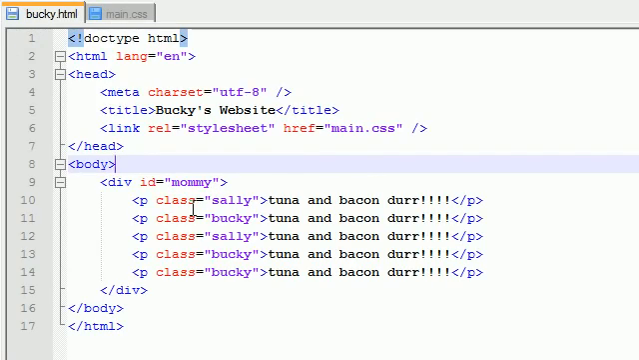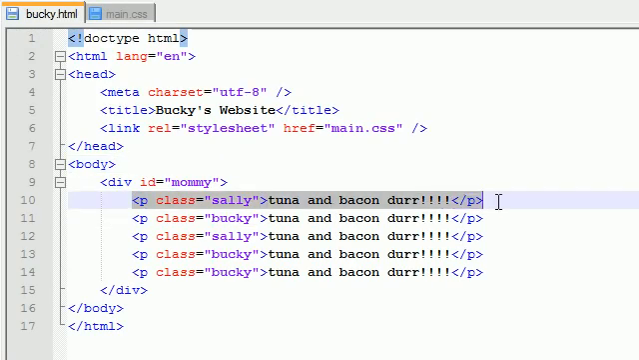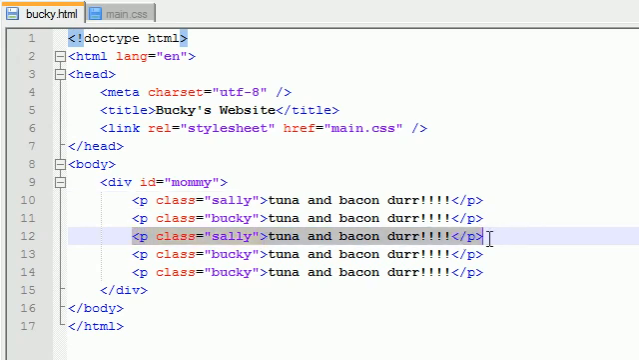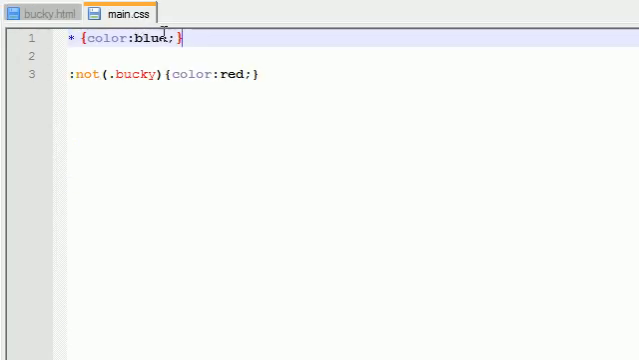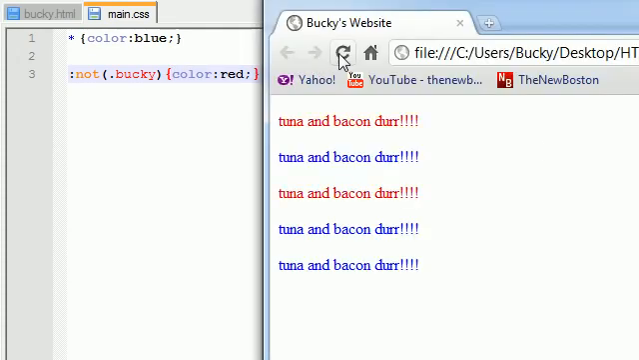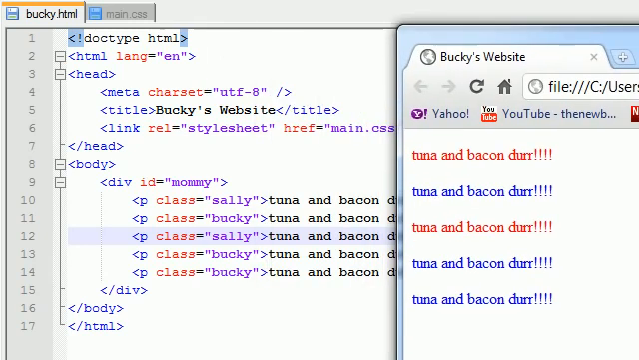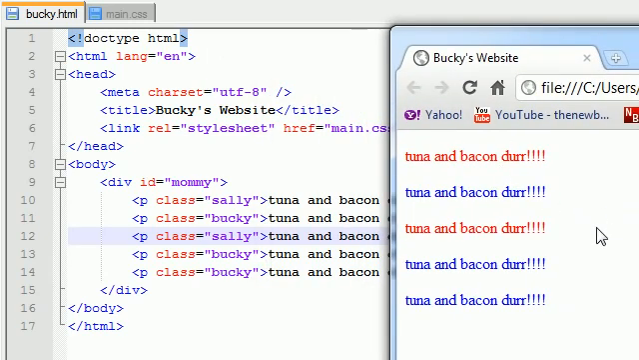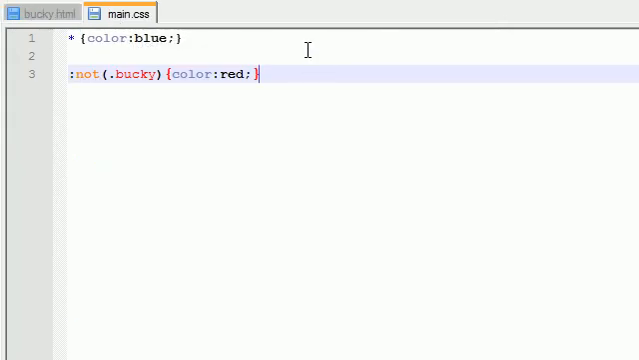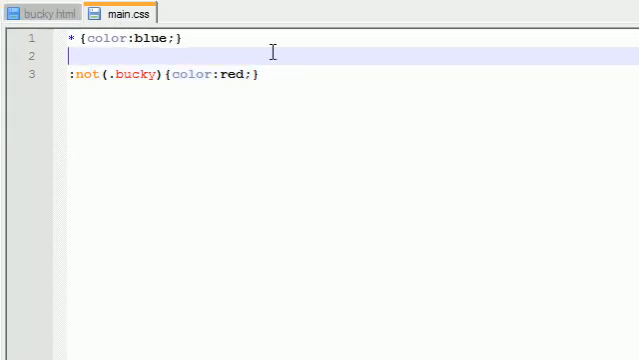So if you look, what's not in the class Bucky? Well, Sally isn't in the class Bucky, and this Sally isn't in the class Bucky. So those things we say, okay, color red. So let's go ahead and refresh this, and if we do that, we can see that these paragraphs indeed got colored red, because the only thing in this website that wasn't in the class Bucky was the first and third paragraph. So basically, in order to use negation pseudo classes, we are excluding some things from the overall style,